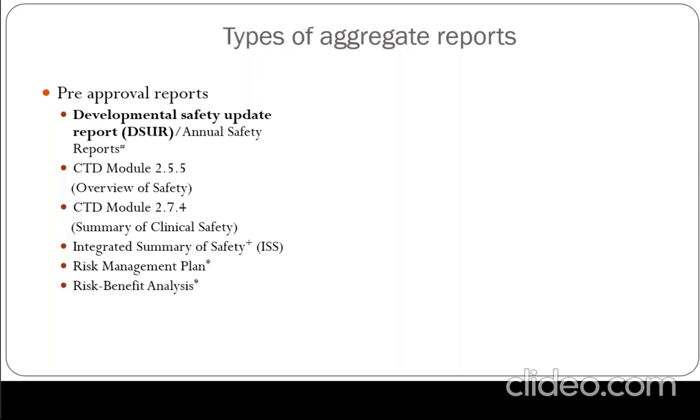You will say, Vikit, what about annual safety reports? So now these annual safety reports, or the ASR, always concern the SAR, that is serious adverse reactions. Now this particular report, as the name suggests, used to be submitted annually, and this is just like the DSUR, which is now being discontinued in the EU. There are some regulators who still ask for it, but predominantly it is now extinct.